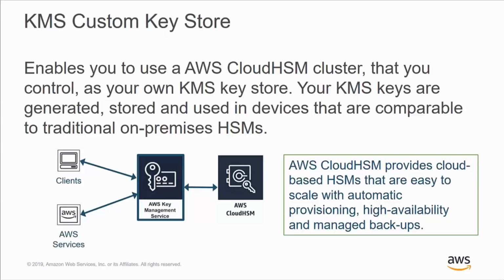Once again, once a key's been generated in a custom key store, it's used by KMS in the same way. So, for example, encrypted data in S3 and the policy statements that might be written around access to master key controlling access to data in S3, all of that stays exactly the same. S3 or EBS or any of the other AWS services that are accessing these custom managed keys are blind to the fact the key is in a custom key store rather than the default KMS key store. So from a front-end perspective, everything's the same. From a usage and controls and policies perspective, everything is the same. The difference is that the key is stored in a physical store that you control rather than a store that is managed entirely by KMS.